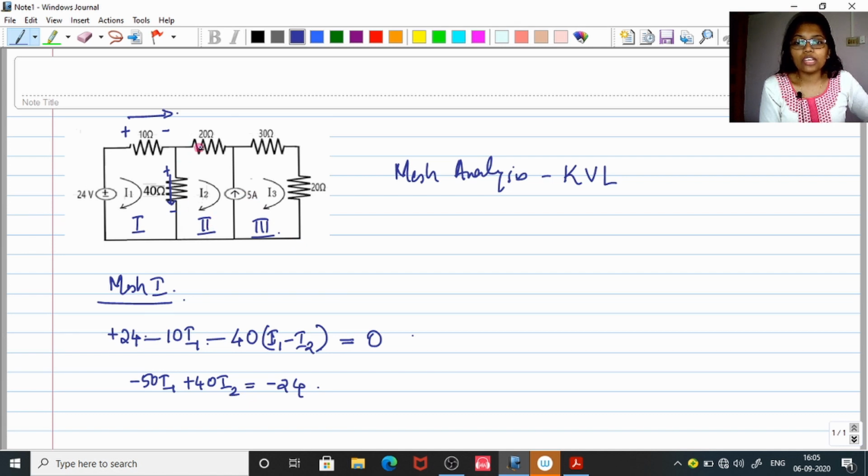Here you can see that there are 3 components, 2 resistors and 1 current source. We can easily get the voltage drop across 2 resistors, but what about the current source? What is the voltage drop across the current source? It is hard to get it. So what we do is, we have to go for one analysis, that is super mesh analysis, which means we have to get a super mesh over here, and it is got by removing the current source.